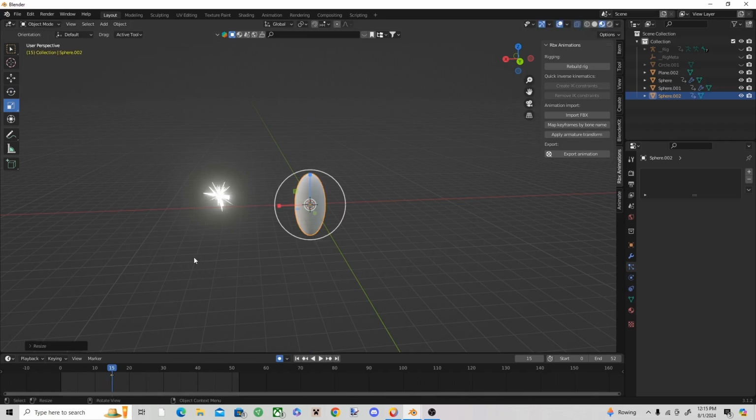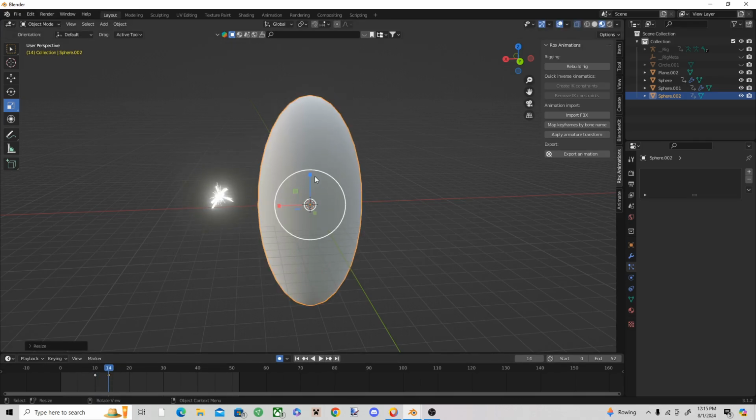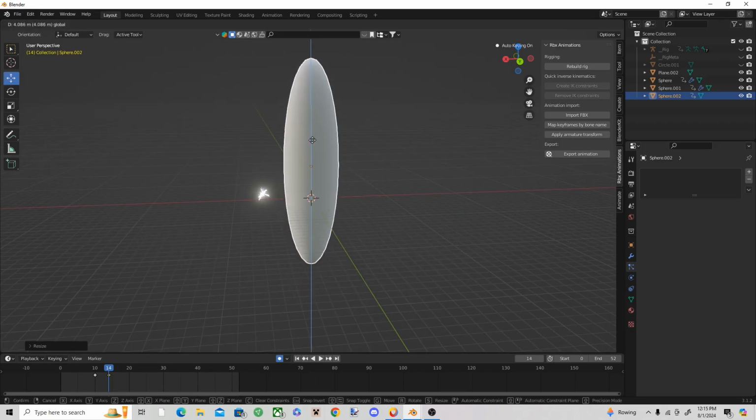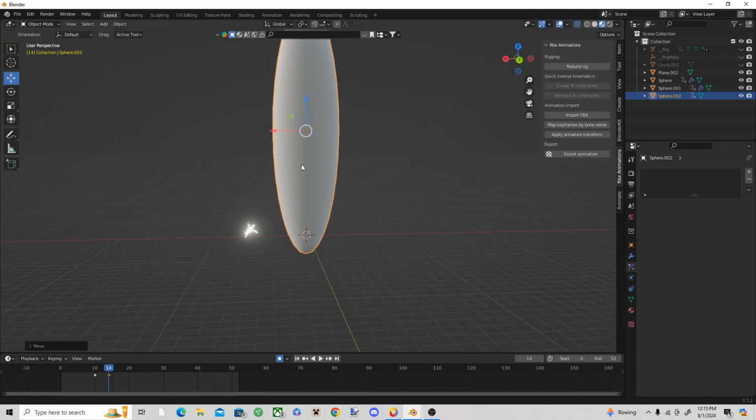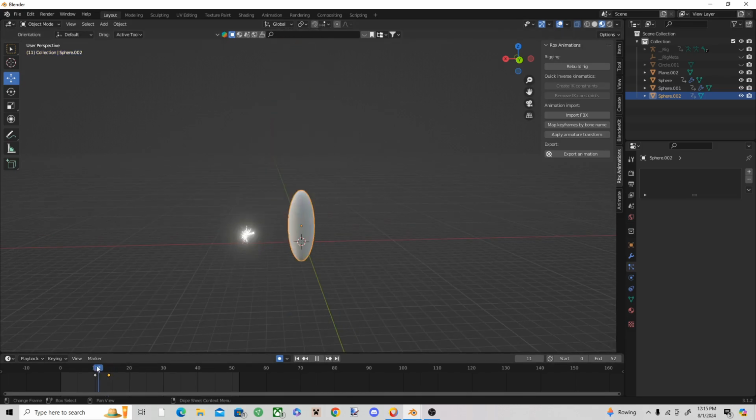So it starts off like this, and as soon as the effect goes away, you want to add a keyframe, and then scale it up. Bam, like this. But obviously we don't want it to be there the whole time, so there's 2 things you can do. First, you can just move it out of the way and add a keyframe, and then it spawns. Or you can just